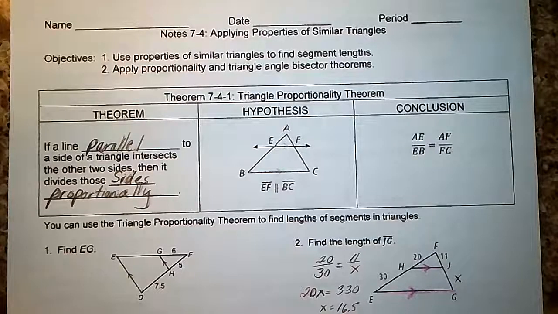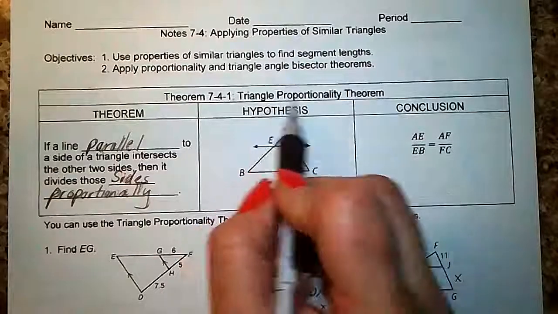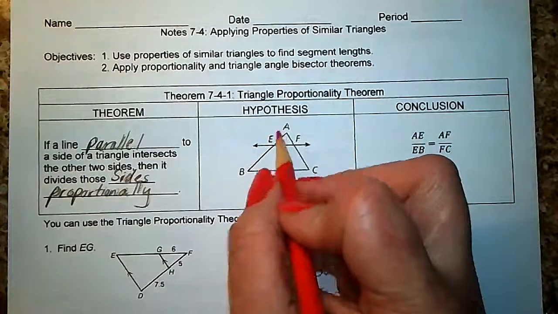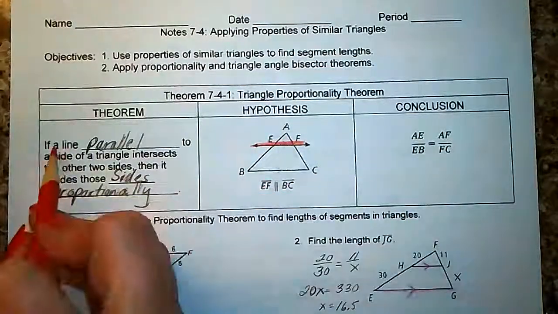Hi guys, today we are going to apply properties of similar triangles. All right, so let's take a look at this first one. It's called the triangle proportionality theorem. And basically what this says is if you have two lines that are parallel, so if a line is parallel